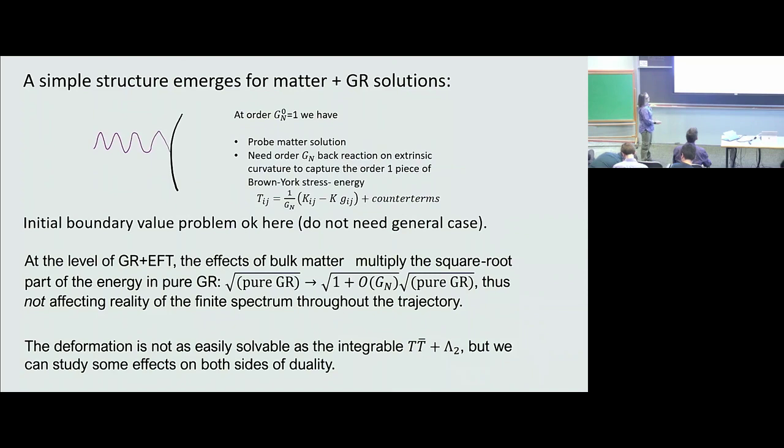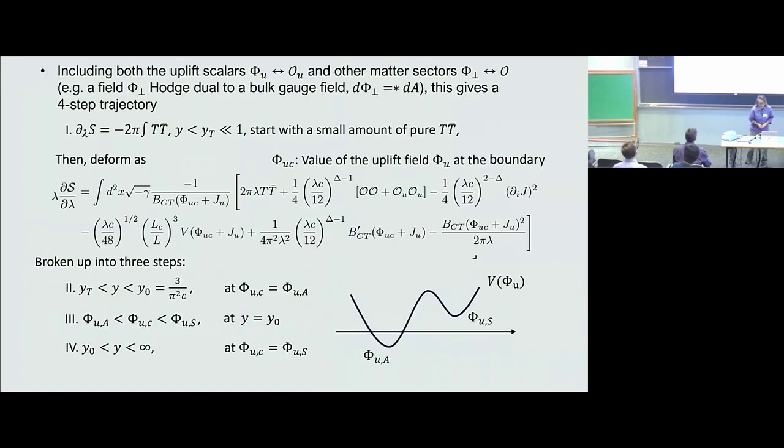I've already confessed, not surprisingly, that this plus the OO uplift, et cetera, is certainly not exactly solvable the way that the very type 1 fun TT bar plus lambda 2 is. However, one can study effects on both sides. And we do have a calculation of the dressed energy in situations where there's an equation of state, which we can do on both sides. In general, as I stressed earlier, the expression for the pressure is not as simple as it is in the normal TT bar stuff. And there are these other matter terms, so we don't have a general solution. Okay,